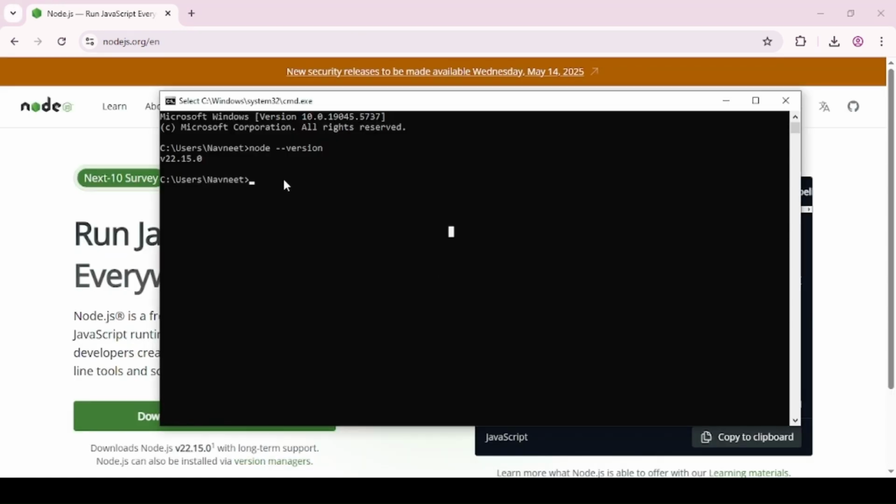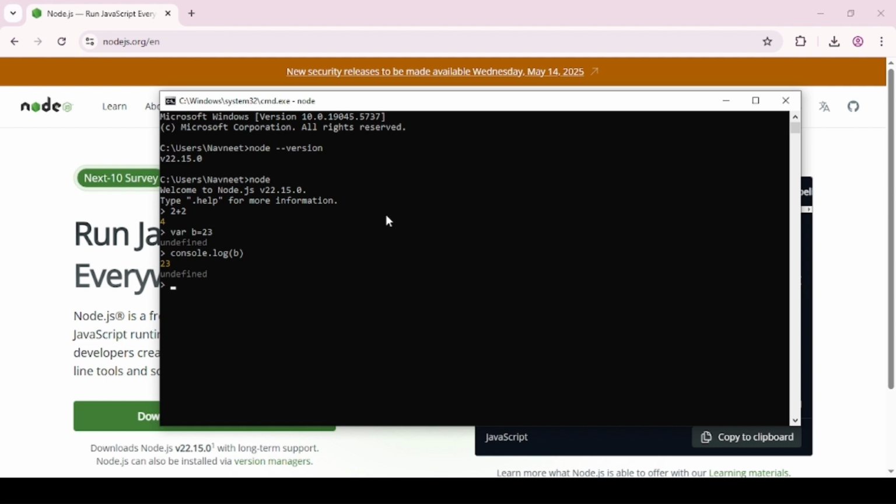Let me now show you one interesting thing. Let's say you type node here, and you have now been taken to the Node.js REPL. Read, eval, print, loop. We'll talk about this, but for now, let me give you one example. If I write 2 plus 2, you're going to get 4. For example, you write var b equals, let's say, 23, and you want to print it with console.log. Let's say you want to print b. So you got the answer, 23.